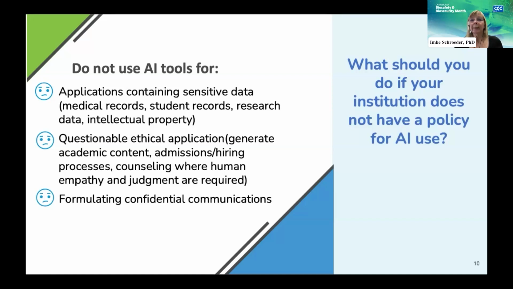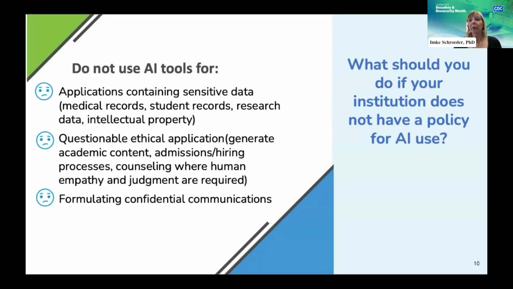This includes, for example, student records, medical records, research data, or any intellectual property that your institution or you may want not to be shared. They should not be used for anything of questionable ethical nature, such as generating academic content. They should not be used in admissions or hiring processes because of potential biases also.